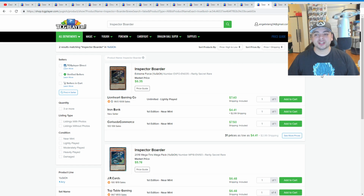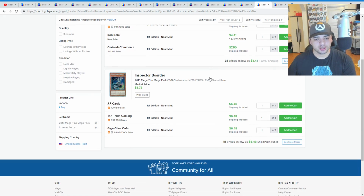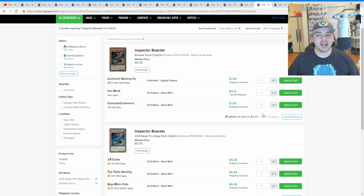Looking up next, Inspector Border. I remember when the Megaton came out, Inspector Borders were about $3 to $4. The Extreme Force ones went as low as $3 to $4, but look at them now. We're seeing the Inspector Border from Extreme Force hitting almost near $8 from the original print first edition. The Megatons are hitting almost near $7. They're about $6 right now, but they're increasing over the $7s, and they're going higher in value because once again,